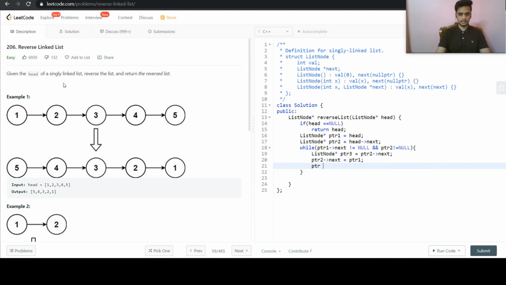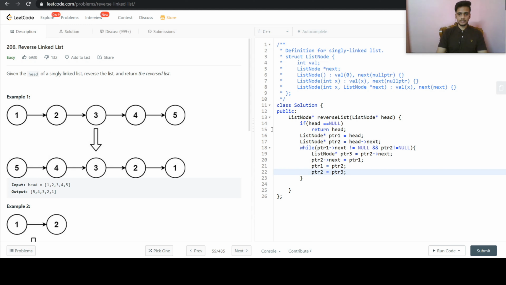So let us first move ptr1 equals ptr2. ptr1 is now pointing here, and ptr2 will be equal to ptr3. So ptr1 is now pointing here, and ptr2 is now pointing here.